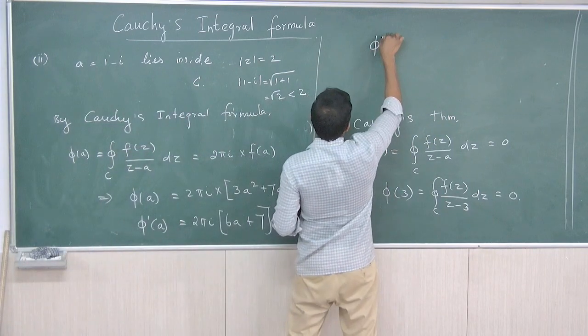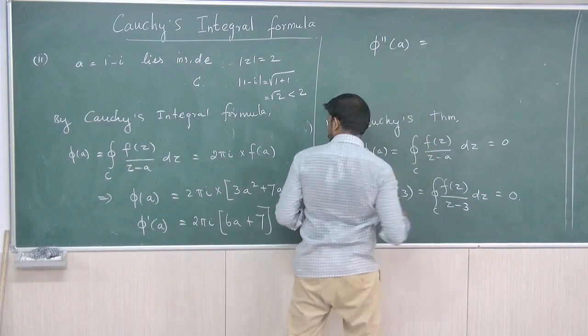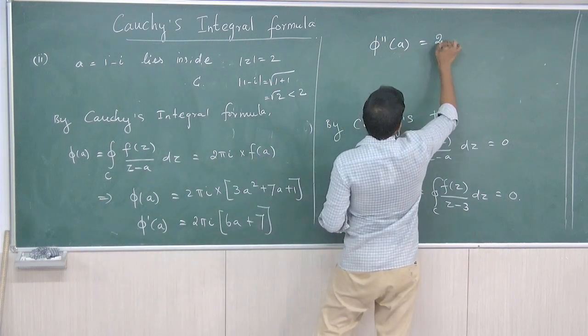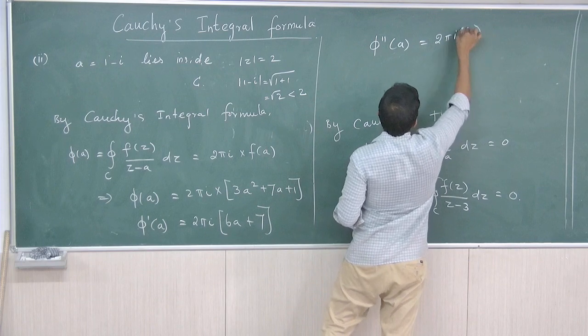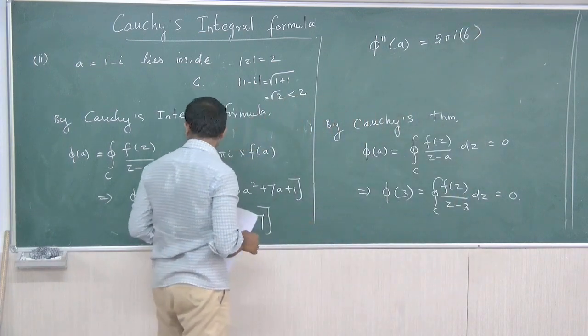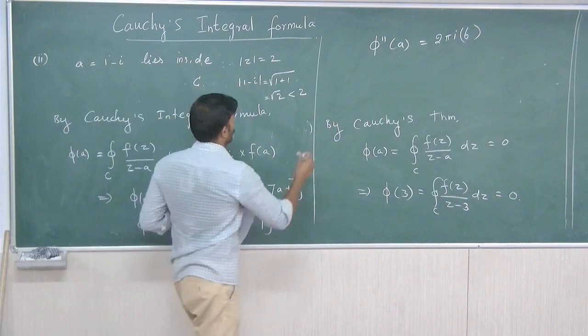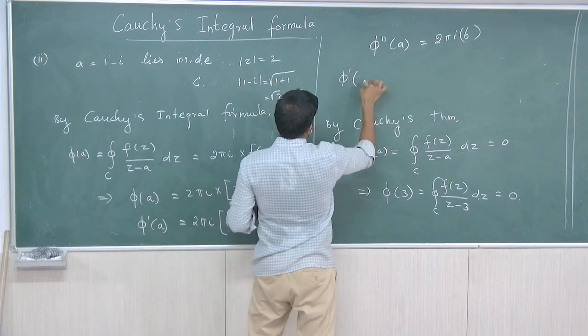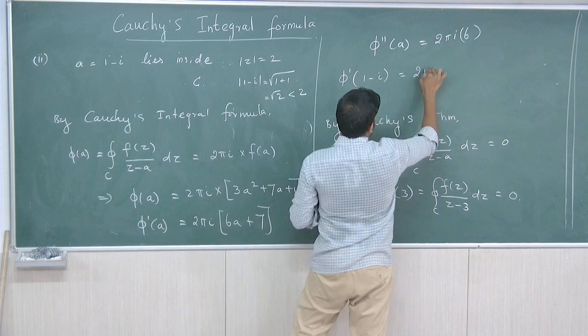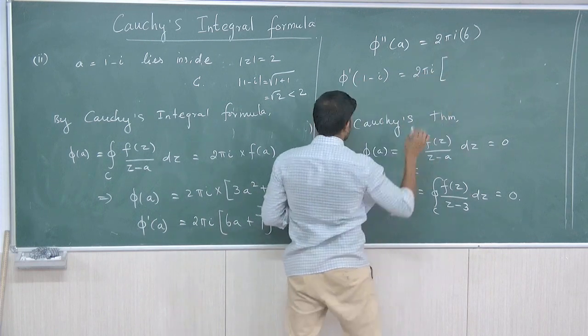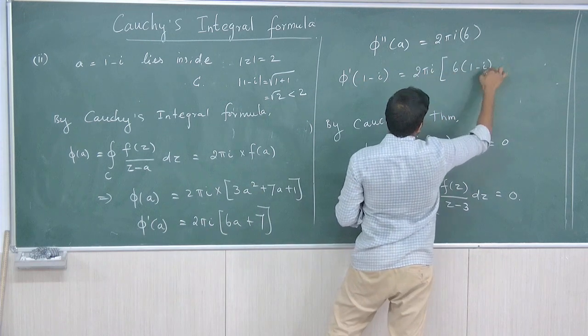If you differentiate again, you may get 2 pi I into 6, right? So from that you may get phi dash of 1 minus I equal to 2 pi I into 6 into 1 minus I plus 7,